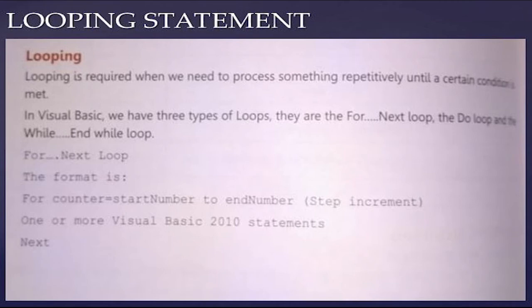The best example is to print the first 50 natural numbers. The starting value will be 1 and the ending value will be 50. These 50 times the loop should continue repeatedly and the natural numbers should be coming out. Similarly, up to 100, print even numbers. Up to 100 the loop will continue and the even numbers will be coming out. So in these conditions we are using the looping statements.